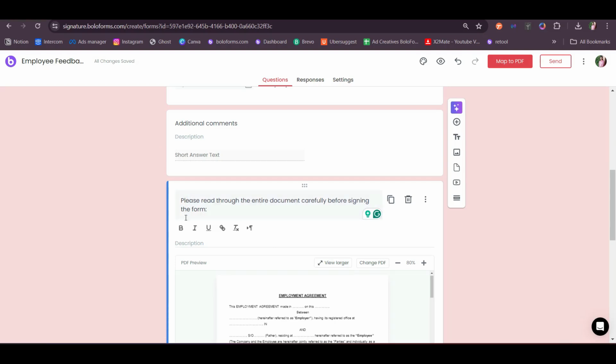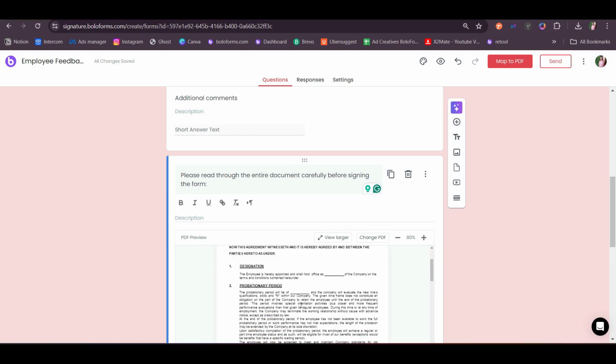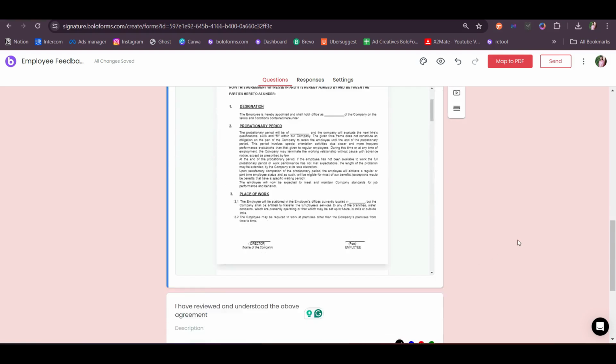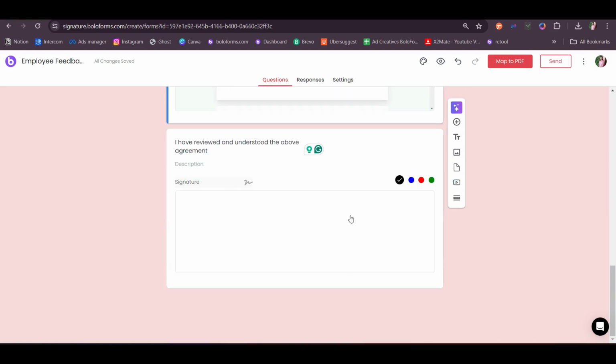So the main purpose of this particular feature is, let's say an employee is leaving the company and the HR needs them to complete an exit form. Instead of writing a long confusing question, the HR can attach the document in the question so that the employee can open the document and read the detailed terms, understanding what is expected, and then answer the question with proper context. After reading, he can sign the form right away and he need not download the document or print it out, and it saves a lot of time.